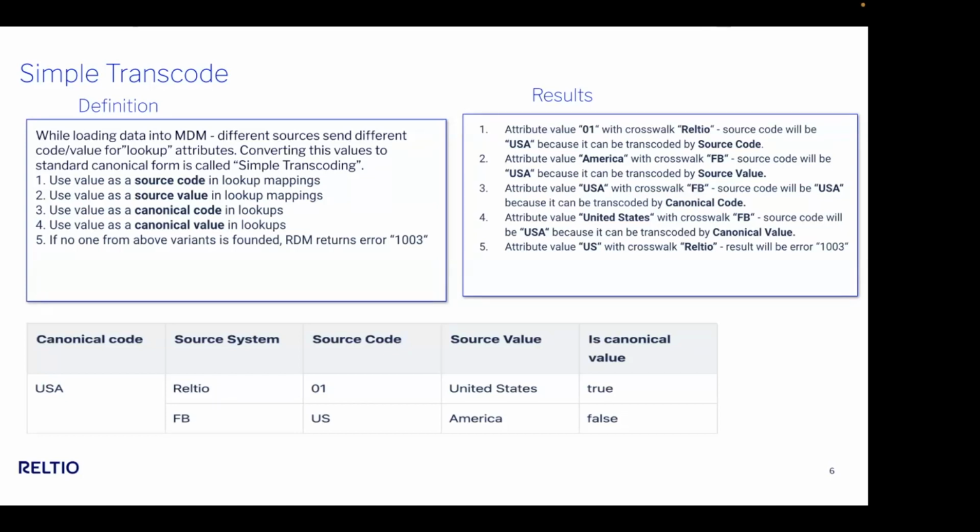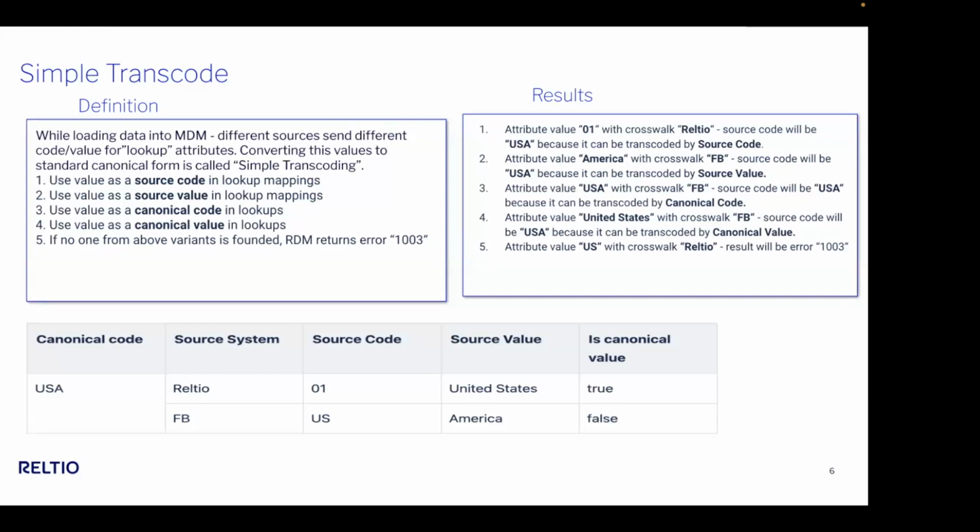If it does not find US, it will next check whether I have the source value for that specific source, right? So the source value for FB is America. The system will try to look in the profile for that attribute, whether America is present or not. If it is present, fine, it will convert it successfully and go ahead with loading the data. Next, if it does not find US or America, it will check whether the canonical code is coming,